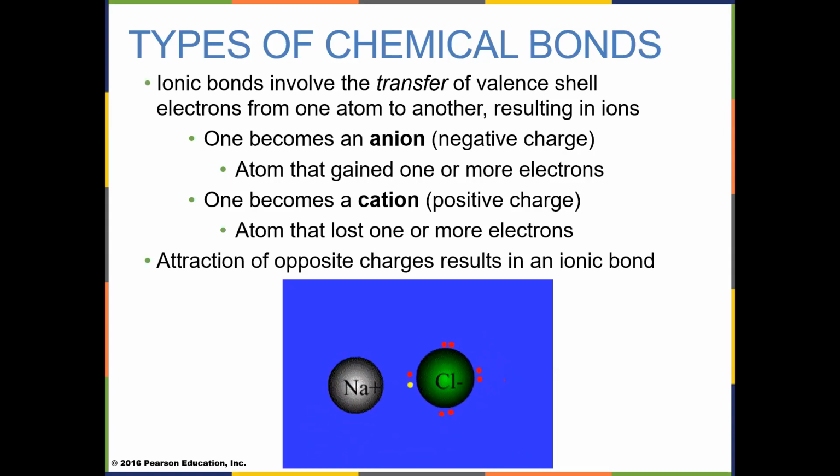So, classic example of this is sodium and chlorine. Sodium has 11 protons, 11 electrons. It readily gives up that 11th electron way out there in its third shell. It's now happy. It has its outermost shell full with 8. The fact that it only has 10 electrons instead of 11 electrons doesn't bother it at all. It is now called a cation. It's positively charged. Chlorine grabs that electron and puts it in its outer shell.